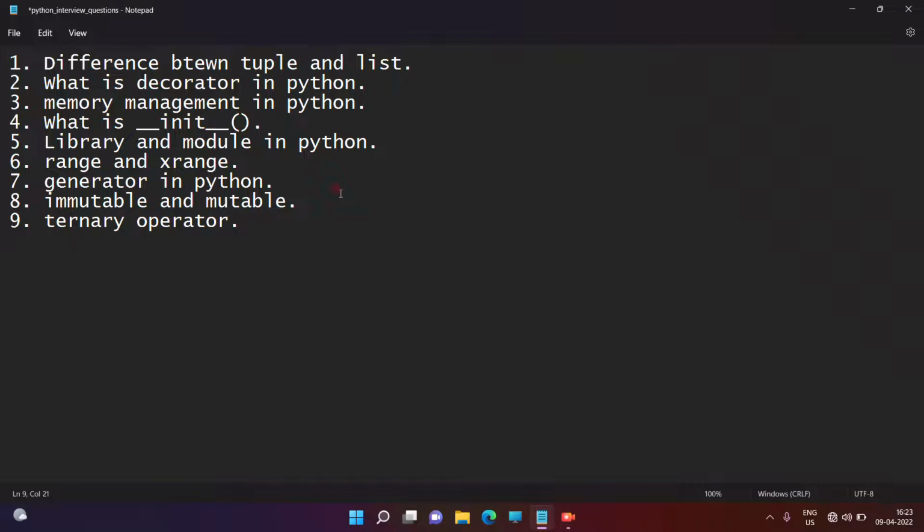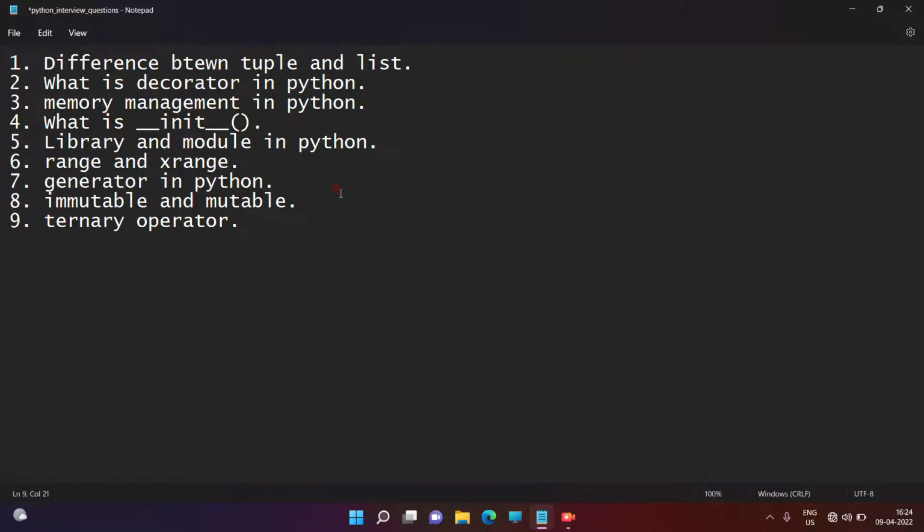To execute these we need to write multiple lines, but by using the ternary operator we can initialize and execute these statements in only a single line.